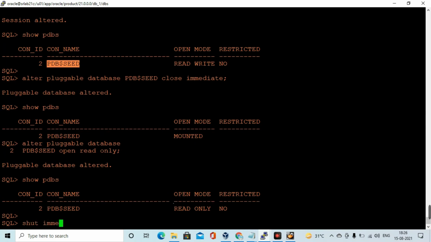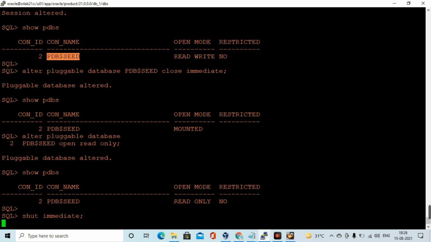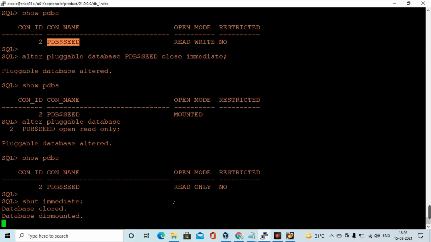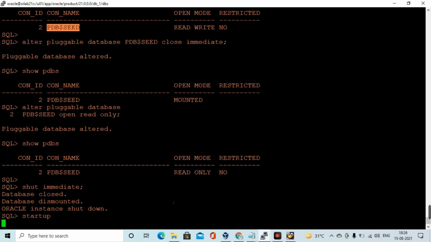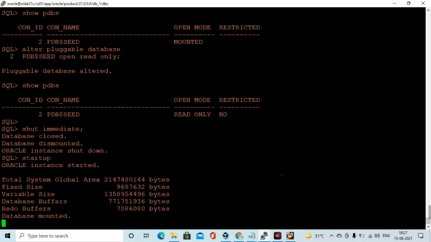But in your lab, you need to create directories for CDB, PDB seed and PDB. So again I am shutting down the database and starting up, and I am going to create that pluggable database based on that PDB seed.